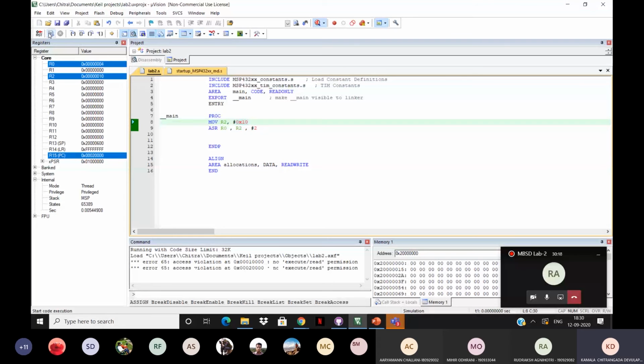When I run this, you can see that R2 takes the hex value 10 and the bitwise shift happens, and you can see R0 is 4 there. So basically here your MSB is 0, right? I'm sorry, not 0. But after the bitwise shift happens and you convert it to hex, you will essentially get the value 4.